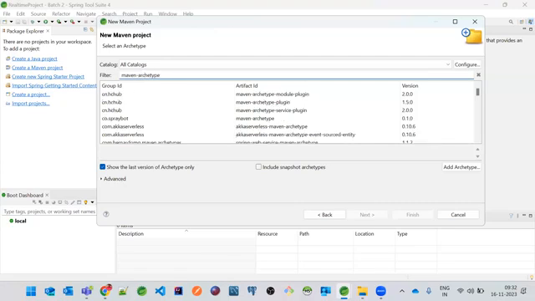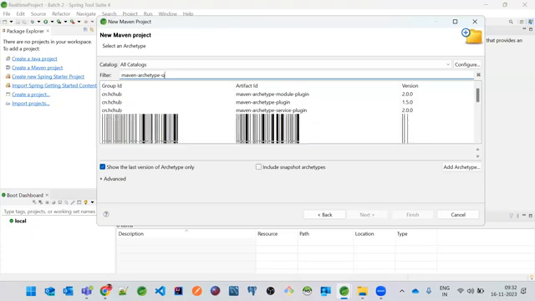Because we need to do three different projects. One is a mini project, which has 5 to 6 microservices, followed by an Angular application, where a Swiggy application has to be developed. And for that Swiggy application, we need to create microservices for the Swiggy application as well. Okay, so Maven archetype, quickstart.